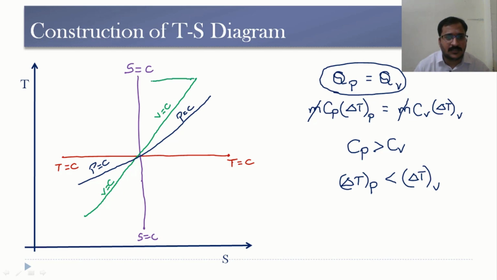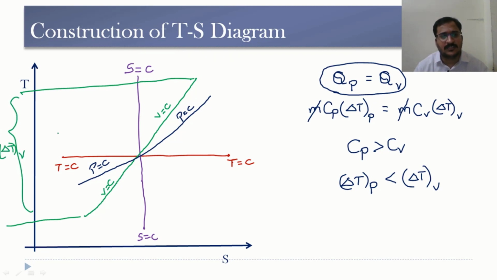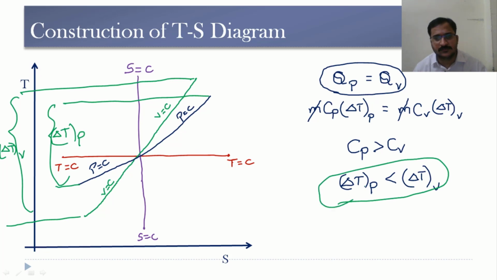The reason is very simple here. The change in temperature delta T during the constant volume process must be more than the change in temperature during the constant pressure process. So, in order to get this equation, we need to draw the slopes like this. We will be learning further about the heat transfer formulas for the constant pressure process and constant volume process in the further sessions. Here we need to know that the TS diagram comes in the first and third